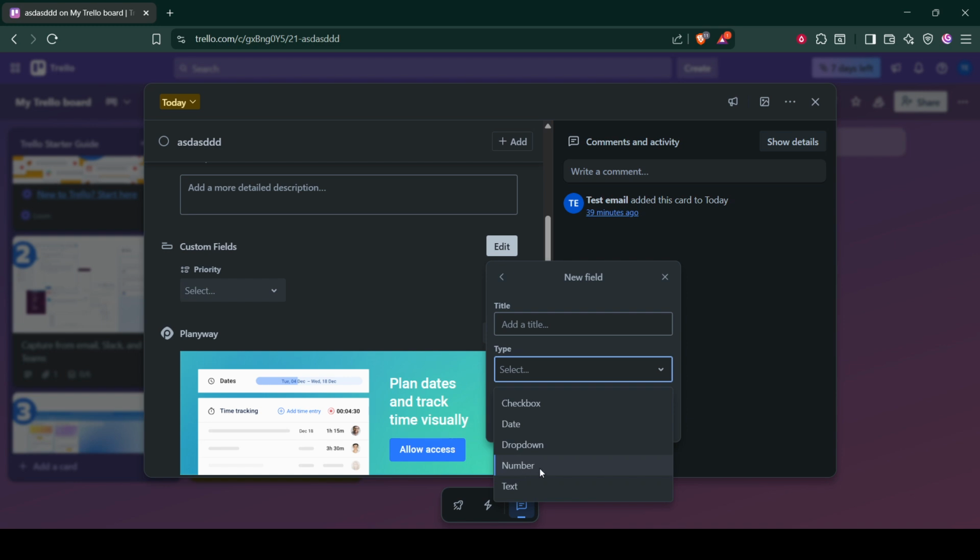For scheduling and deadline purposes, employ the date field to enhance clarity around timelines. Finally, if you need users to choose from a set of options, the drop-down field is perfect for providing a list of predefined choices. Once you've decided on the type of field that best complements your task, proceed to give